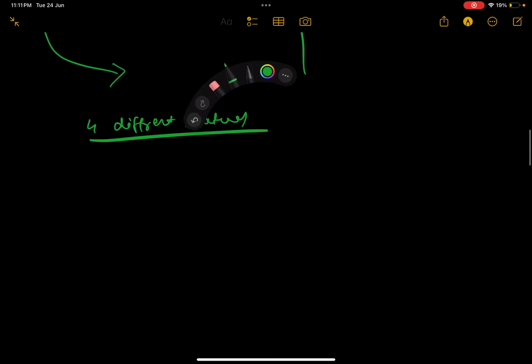Now let's say we have four different features, and the four different features are, let's say,